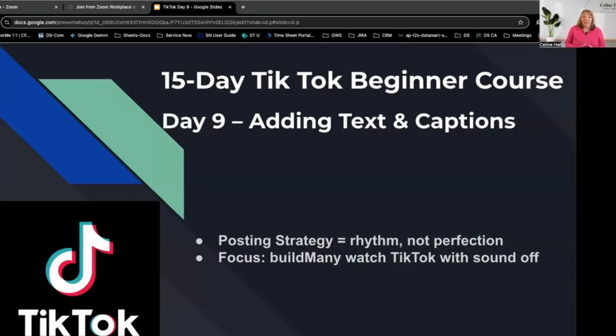Welcome to day 9 of the 15-day TikTok beginner course. Yesterday we had a look at using effects and filters, and today we're going to learn how to use captions